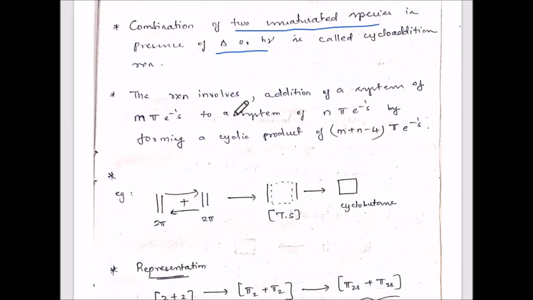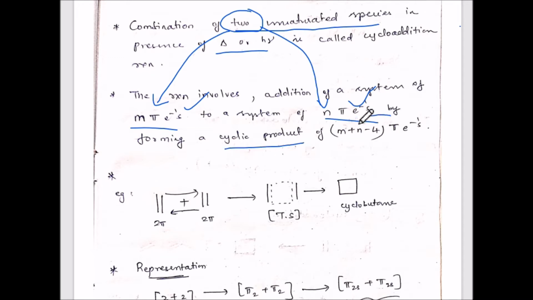Now you can notice that the reaction involves the addition of a system of m pi electrons to a system of n pi electrons. I told you it has two unsaturated species involved. Let one be with m pi electrons and the other species be with n pi electrons. So this is your reactant 1 and this is your reactant 2, your two unsaturated species. The resultant product is a cyclic product with m plus n minus 4